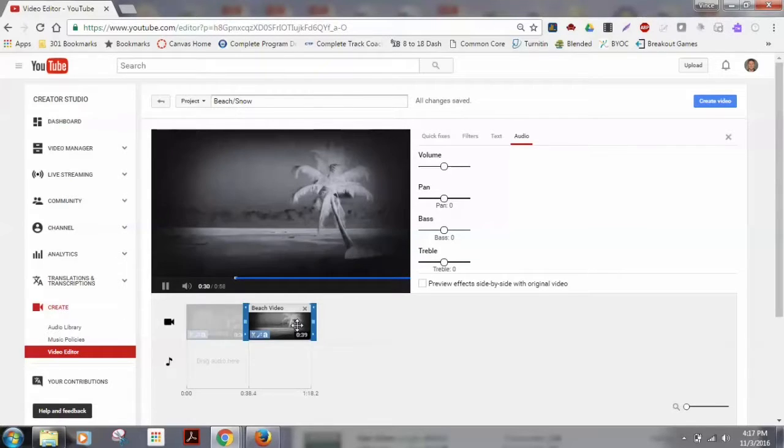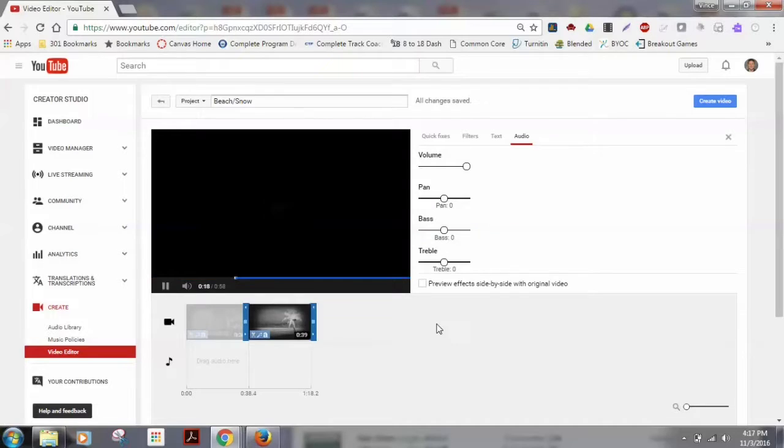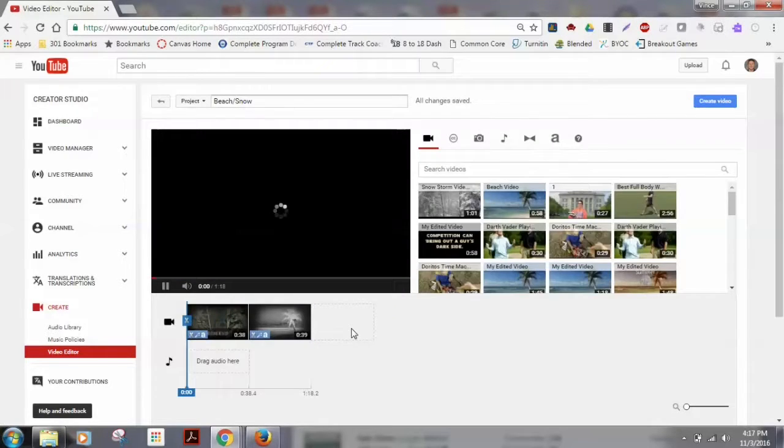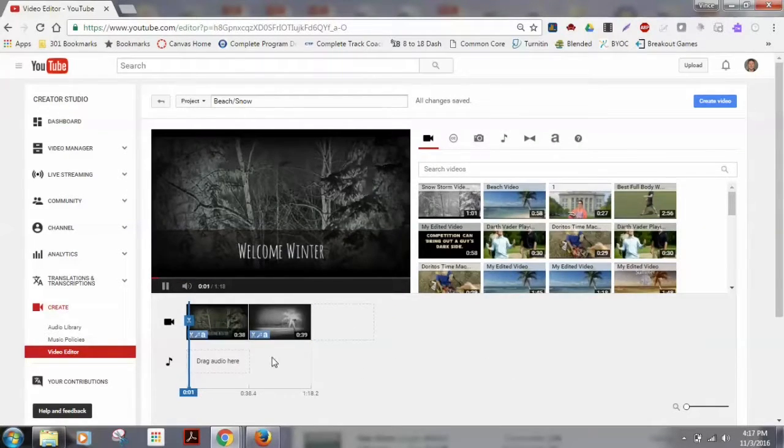And this is an important piece too for students: sometimes they'll change the audio on one video but forget about the other, which is going to throw your video off on many different levels, where one part of the video is really loud and another part is really soft. So for the students, they'll want to go and turn up that audio on all of their different videos. If I click off of that again, I'm on my main screen